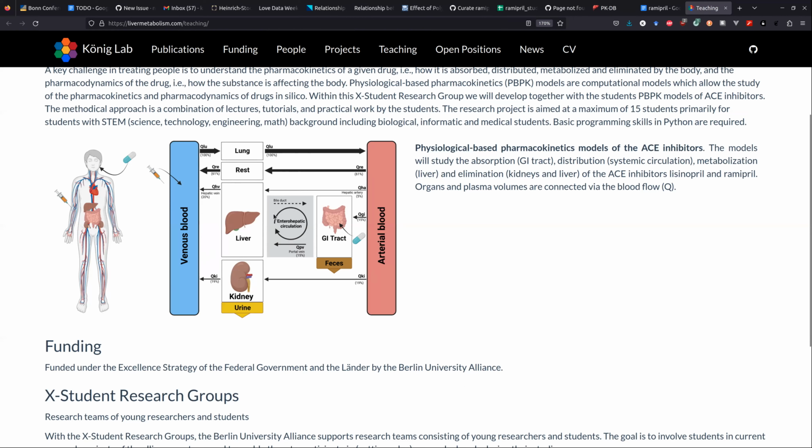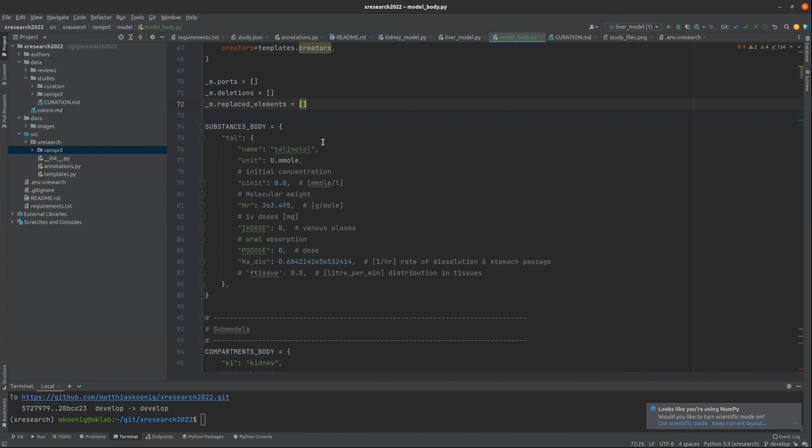But later on, if we go towards the pharmacodynamics and the blood pressure, of course, other things could be important in the blood, like renin or angiotensin and so on. But for now, we basically have a general definition of what can circulate in the blood, what is transported, and how it is transported. And this is what we define here in the beginning. We just say which substances are transported in the body. And in our case, it's